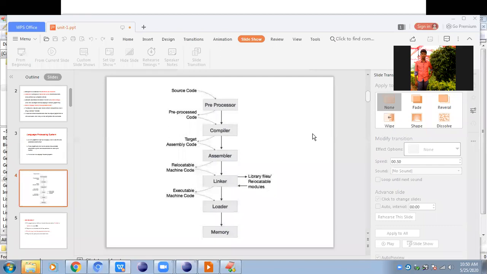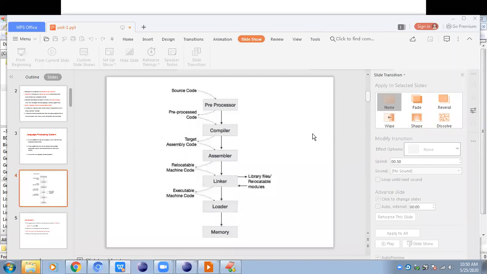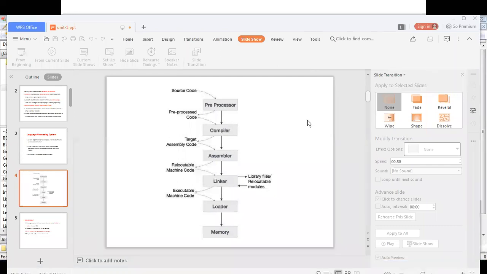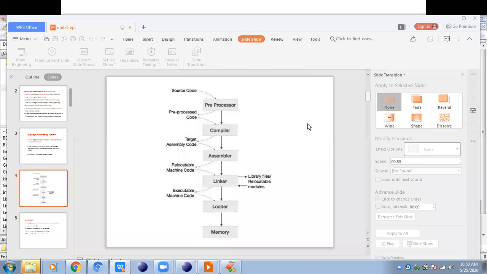Now this preprocessed code will be given to the compiler. What is the duty of this compiler? After preprocessing, the preprocessed code will be given as input to the next step, which is the compiler.